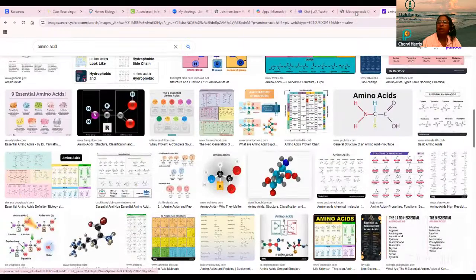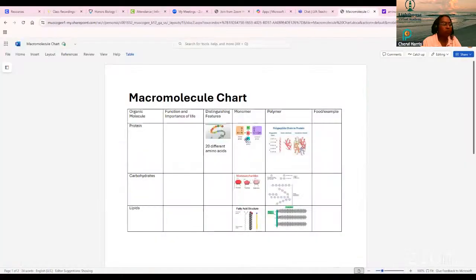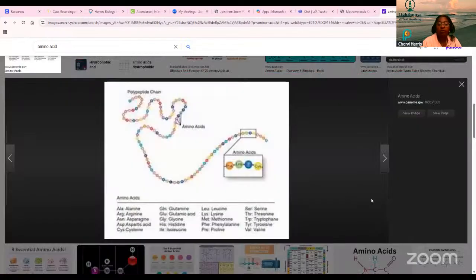All right, so that's the one for the monomer. Okay, this one. This is for protein, right? This is for protein. So that's an amino acid. That is the structure of an amino acid. Let me go ahead and use this one for you guys. All right. This one, you're going to put in the box. It's bigger than I want it to be, but